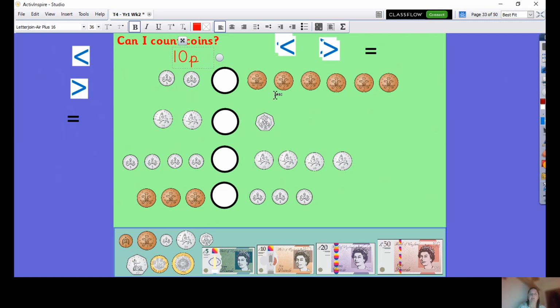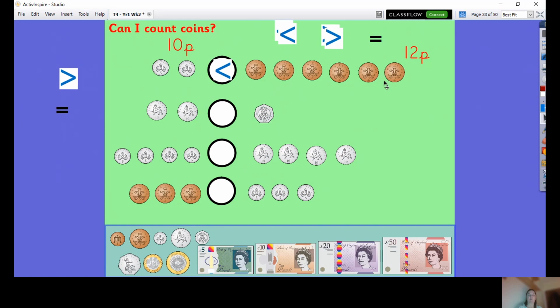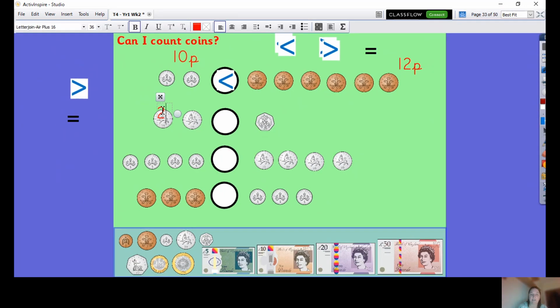And then what's this? Let's count, shall we? 2, 4, 6, 8, 10, 12 pence. Okay. So is 10 pence more or less than 12 pence? We know that 10 pence is less than 12 pence because 10 is less than 12. Even though I've got the pence bit on there, we're still just thinking about the numbers. Okay, so I've got 2 10s. What is 2 10s? 10 and 10, double 10 is, and I can hear everybody shouting at me,